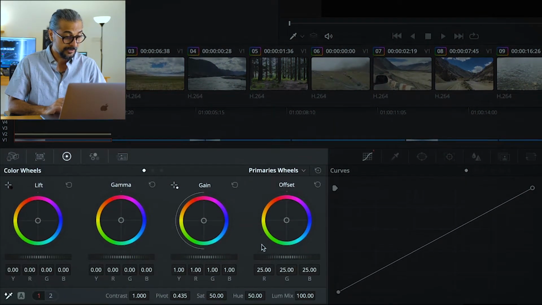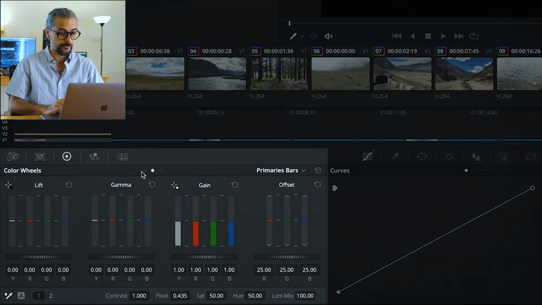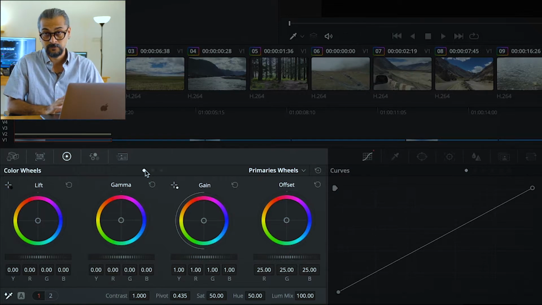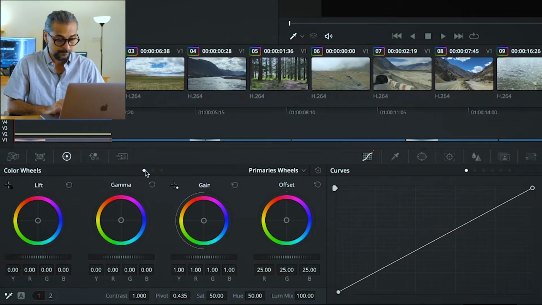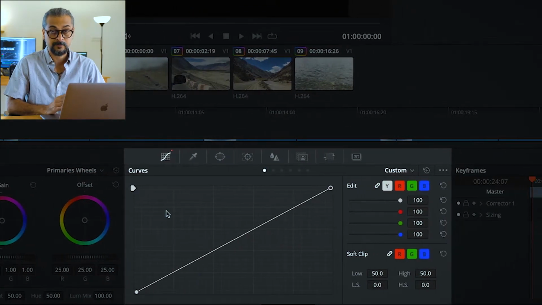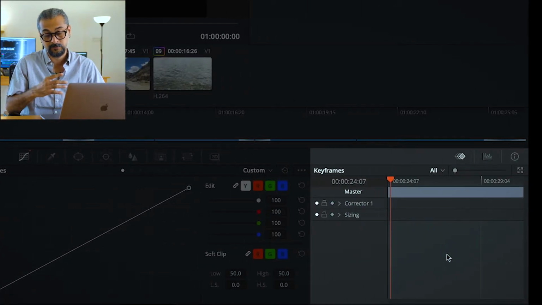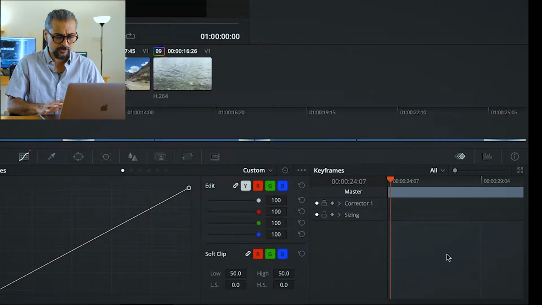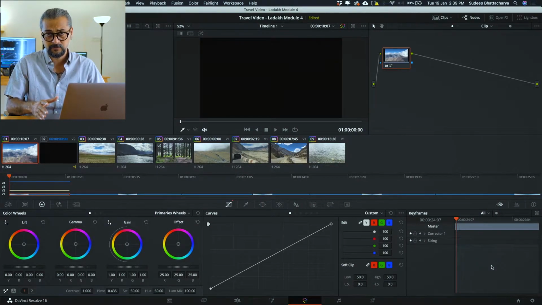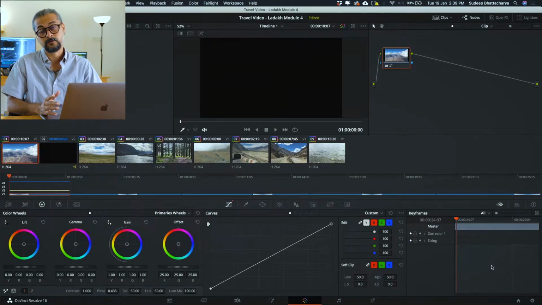Below that, on the lower left, you see the color wheels. We will get to these in a second, but this is where a lot of the information around your color is stored, and this is where the modifications to color can be made. The central part has the curves tool, which helps with contrast as well. And on the extreme right, you have keyframes, which helps you animate color grading. We are not going to be looking at all these aspects and tools, but we will be primarily looking at color wheels and the use of LUTs, which will help you in your color grade.